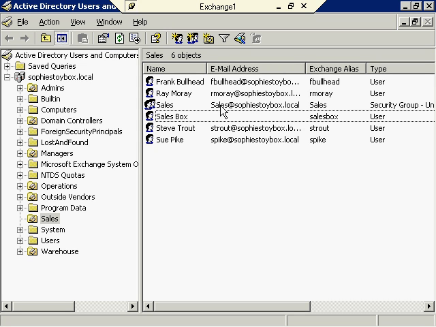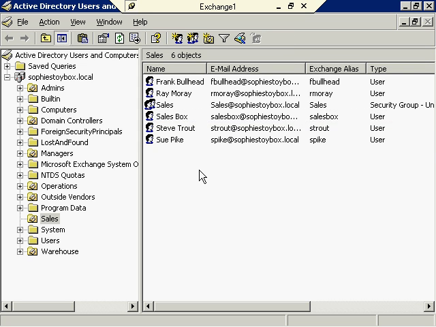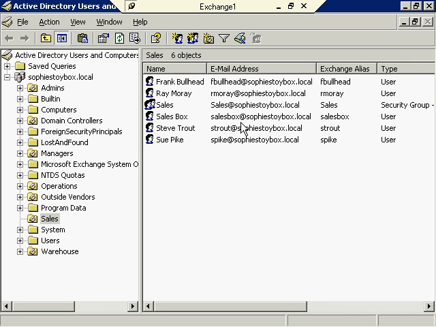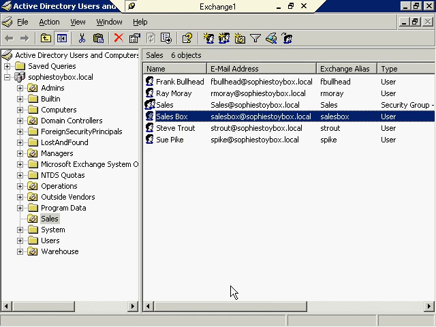Okay, what we want to do is eventually we're going to edit this, okay, change this to sales, something like internal sales@sophystoybox.com, okay, and then we'll move this salesbox email address that should be ready by now, yep, salesbox@sophystoybox.com. We'll turn this email address into sales@sophystoybox.com. Okay, and that makes sense because nobody's going to notice sending an email into salesbox@sophystoybox.com. Okay, so what we need to do now is go into this user account. Let's go ahead and right click, go to Properties,